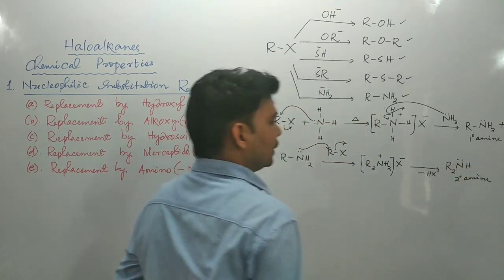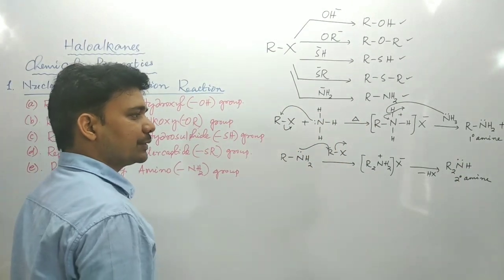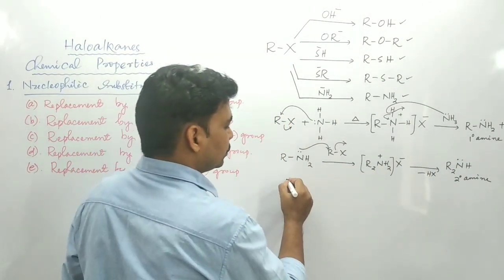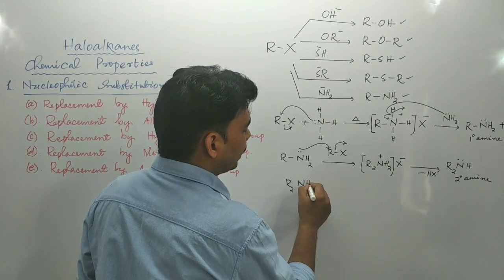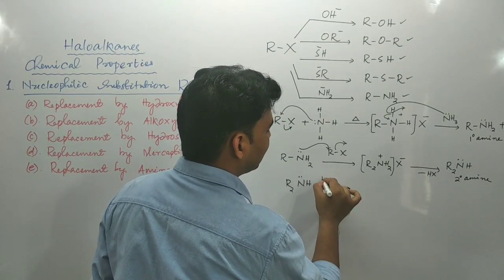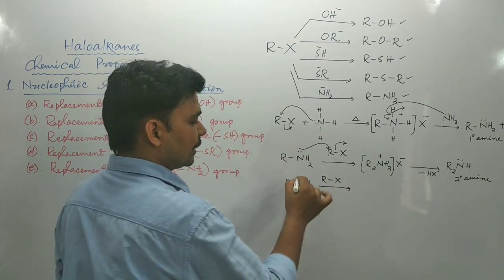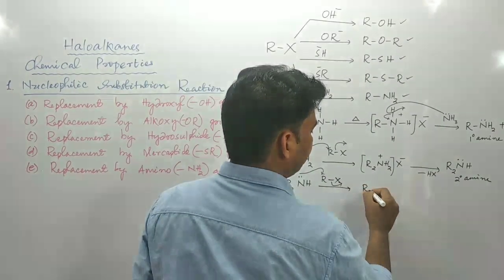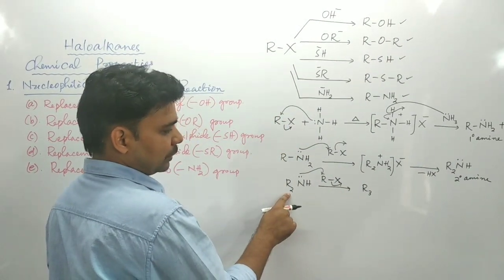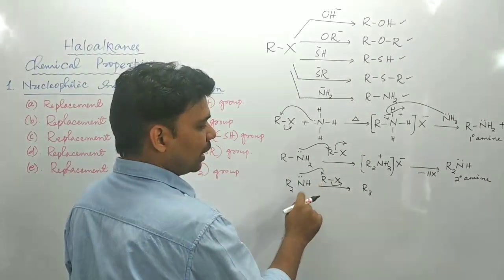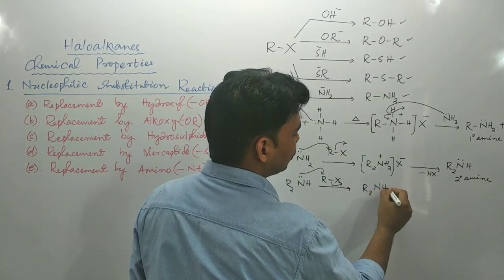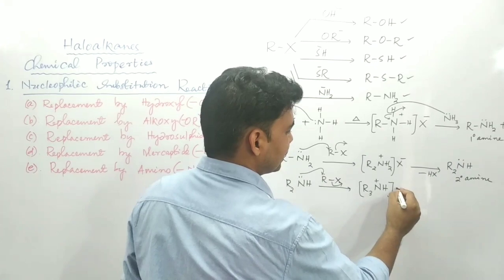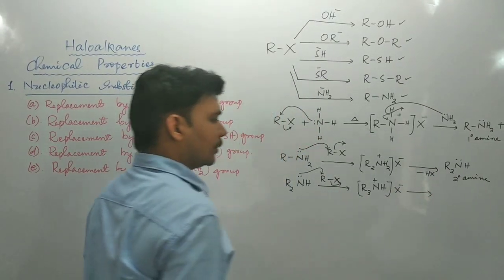The secondary amine contains lone pair of electrons. It means in the next step it will play the role of nucleophile. So the secondary amine R2NH, when it attacks the substrate through this nitrogen, this would be the leaving group X minus. Then what would be our product? R3. 2R were previously present. This is the new R, R3NH. Now this nitrogen will have positive charge, and with this cation, the halide ion is associated.